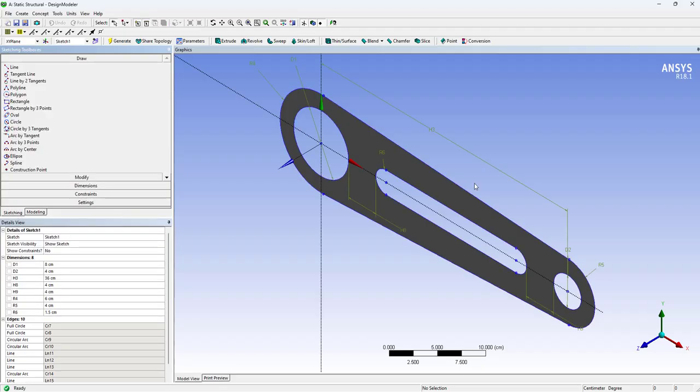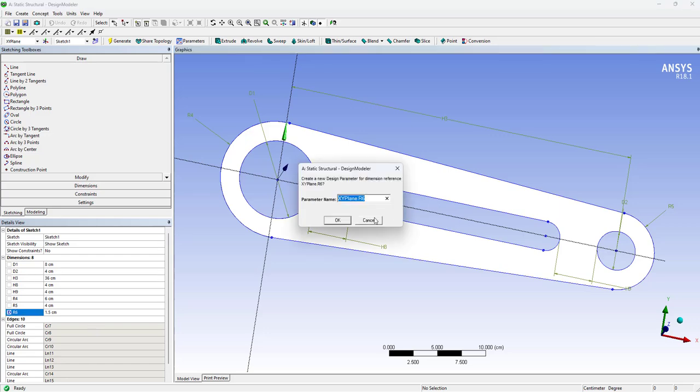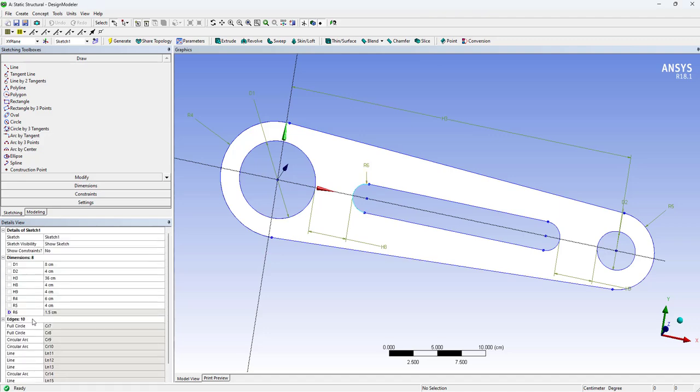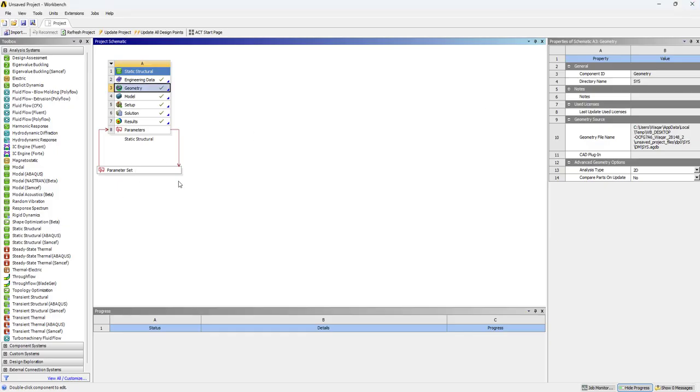Here in the sketching, I can see that by changing this radius, I can change the thickness of this slot. So let's parameterize this radius, which is 1.5 centimeter R6. And let me change this to thickness. Let's say this parameter name is thickness. So we have R6 in the parameter tab, and when I close the geometry, you will see a parameter set is generated. I can click on this parameter set,